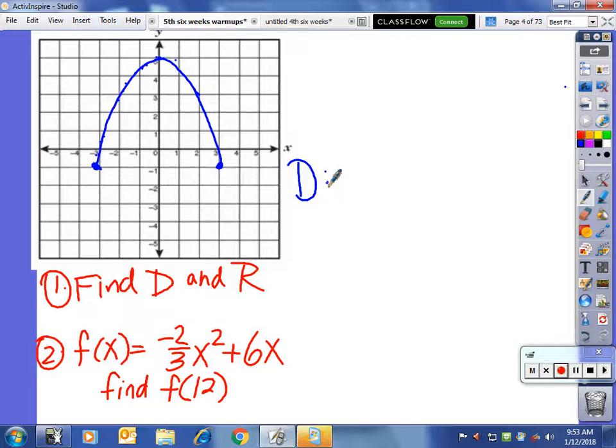So on a picture, you want to look at the left and right edge. My left edge is at -3, -1, and my right edge is at +3, -1. Now, I'm talking about domain, so what number do I not care about? The -1. My lowest X value is a -3. My highest X value is this +3, and all the other X values are somewhere in between. So we would write that as -3 is less than or equal to X is less than or equal to